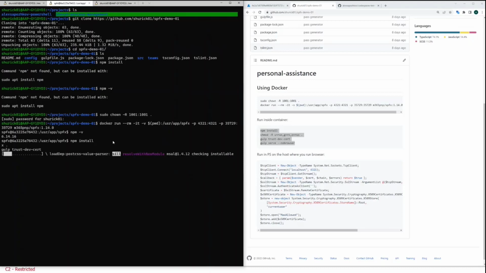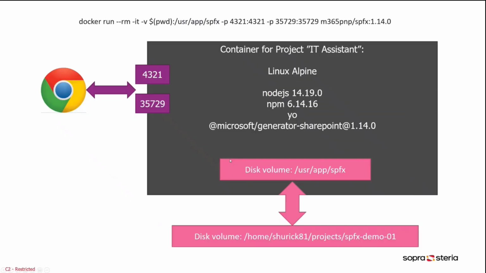And as it is installing, let me go back to slides and tell you a bit more about this command that we just ran. So we told Docker to create this environment. We told it to map my directory that I have locally on my laptop to a virtual directory on a virtual disk space on this container.